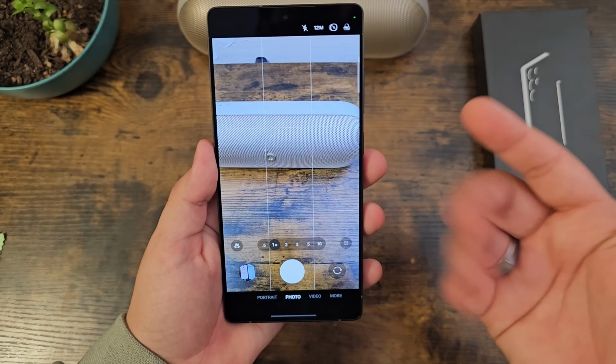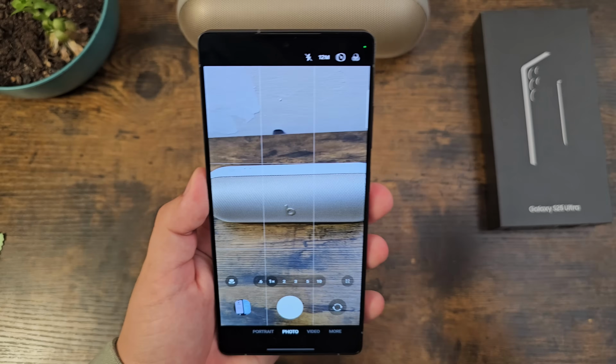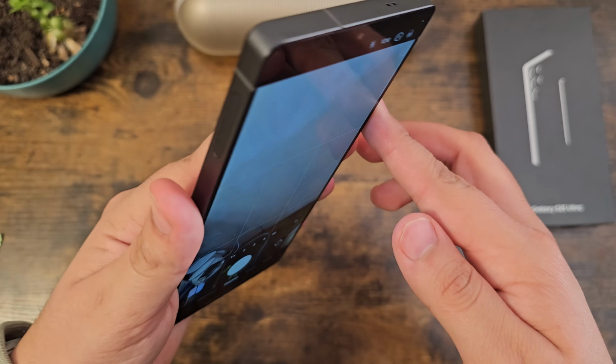Now, it's no doubt that this phone can take great pictures with a perfect